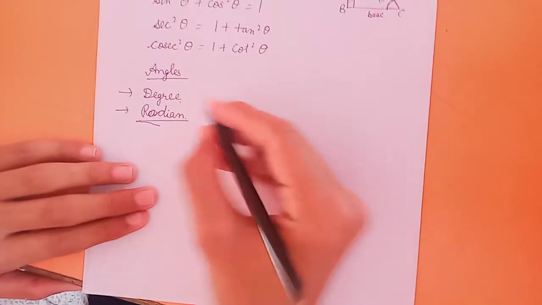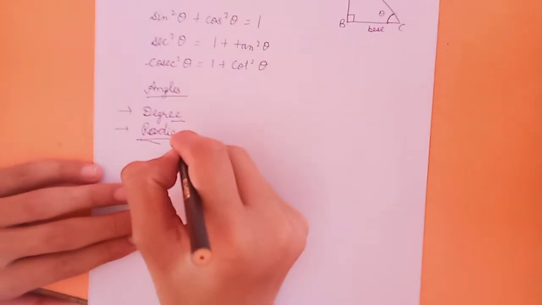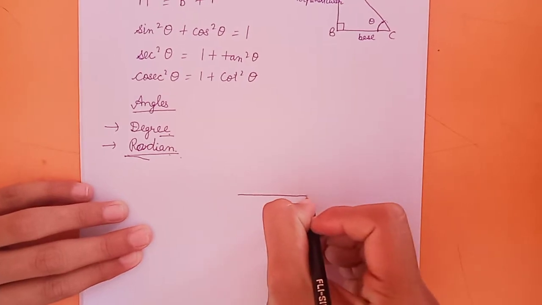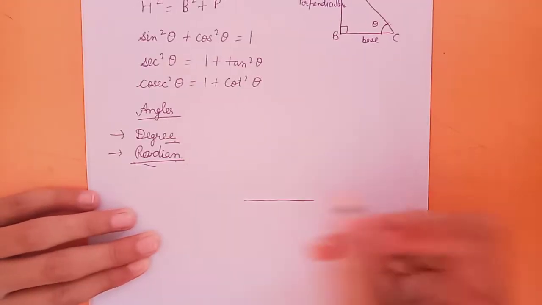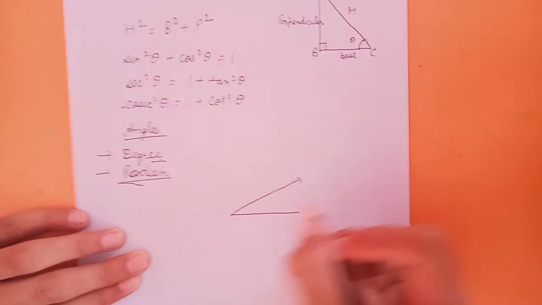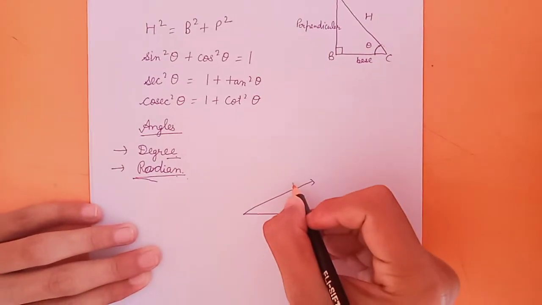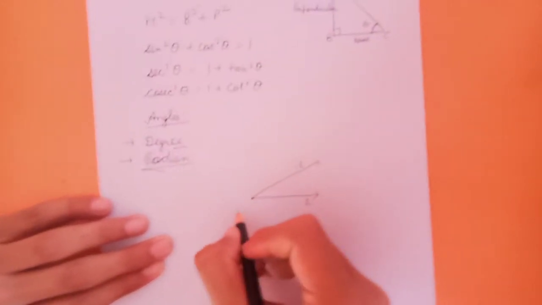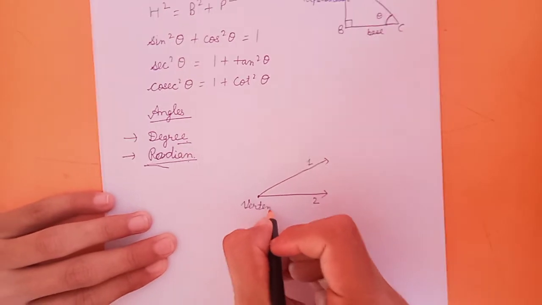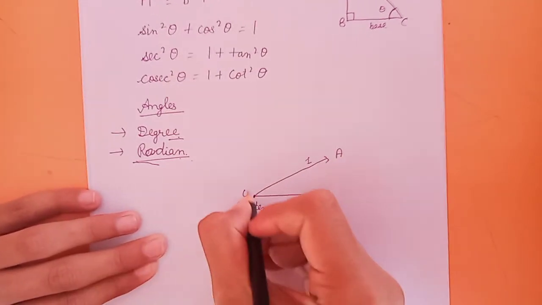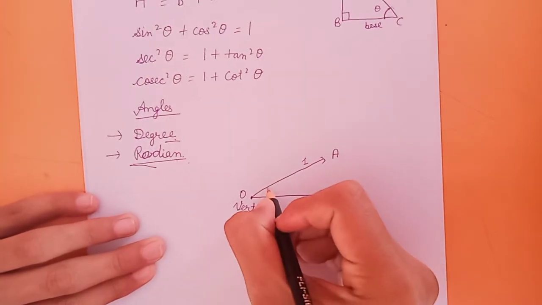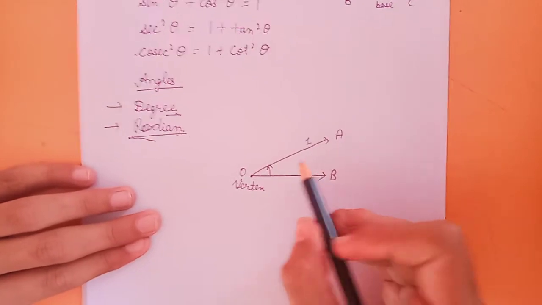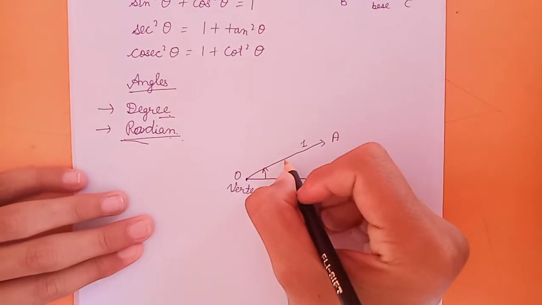Now what is 1 degree and what is 1 radian? So let me make an angle. It is a straight line. You know an angle is formed when 2 rays, ray 1 and ray 2, start from a common point which is called the vertex. Say it is our angle AOB. So our angle formed is this. Now it is our initial side, and this is the terminating side.